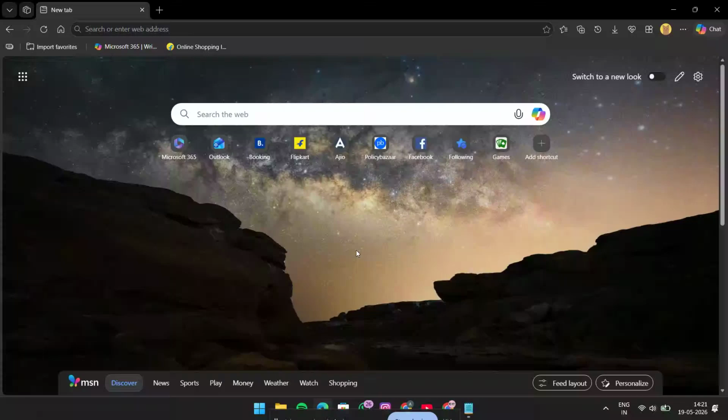If you're seeing the top stories card on the Microsoft Edge homepage and you want to turn it off, this quick tutorial will show you exactly how to do it in just a few clicks. This is a simple fix if you want a cleaner start page and a less distracting browsing experience every time